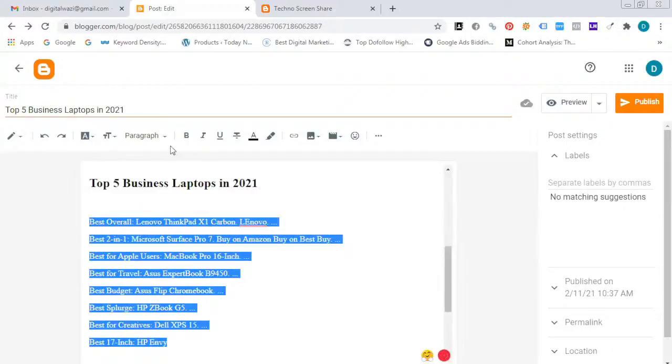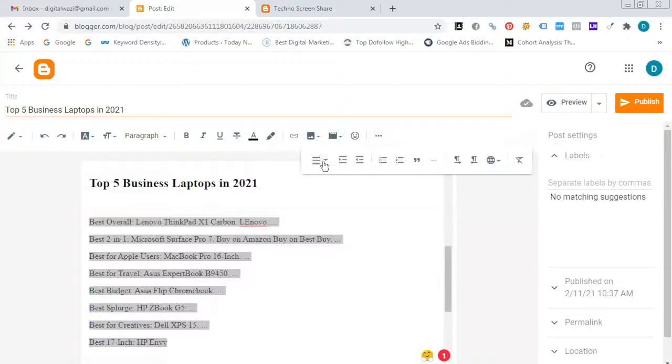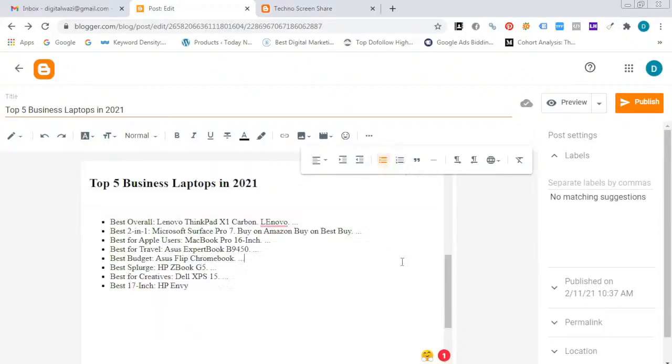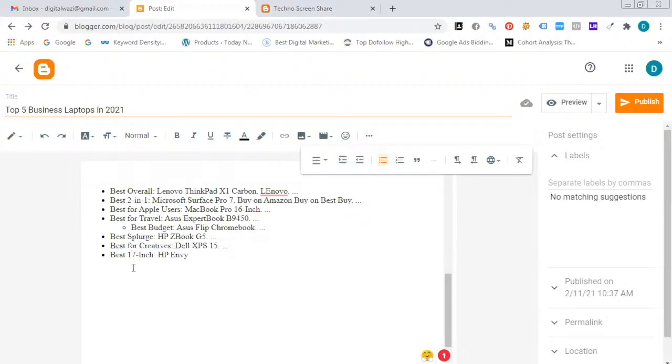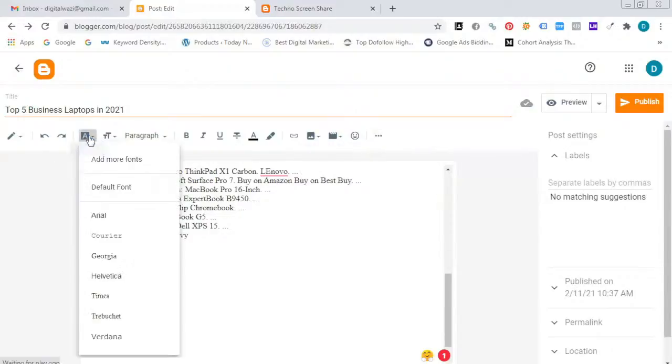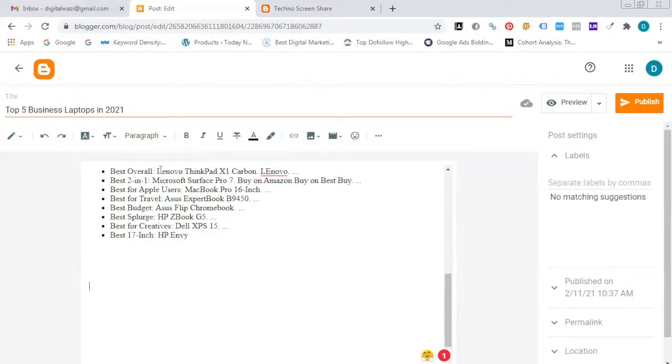Select our text, then apply bullets, align our text, and apply numbers. Then see here, you observe the indent. Increase indent means this is a sub item of the bullet points. Decrease the indent means a normal bullet point will show. And if you want to undo, you can use Control Z and change your font styles. There are different font styles we have, we can change and increase our text sizes also.